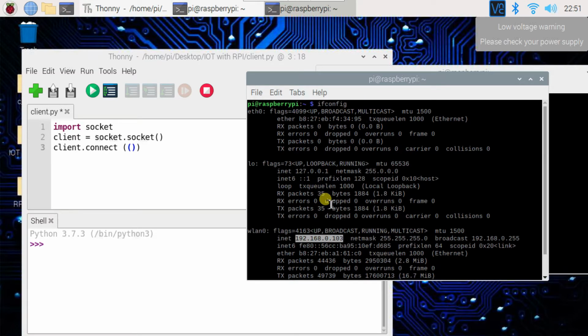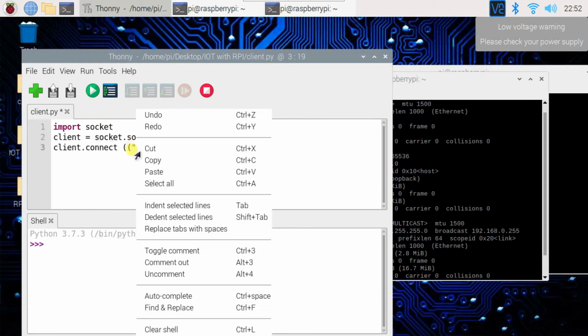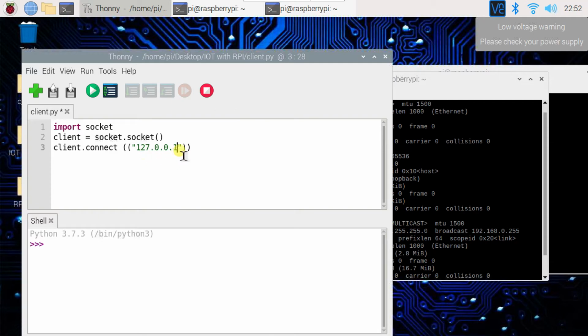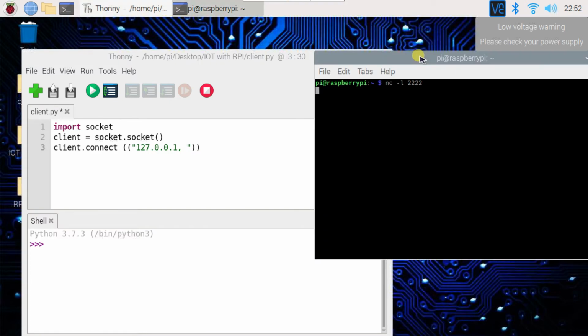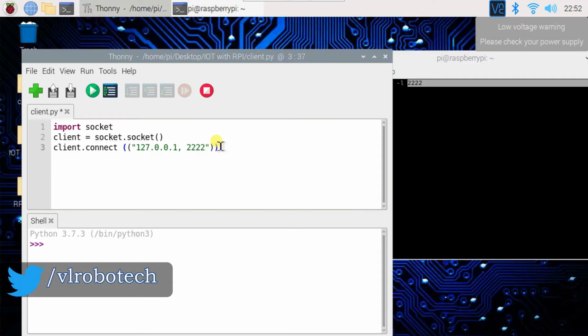So we will use this loopback address, right? It will not change anytime. So I will copy this and paste here, right? And now comma, and I have to pass here the port number. This is port number 2222. So I will type here 2222, correct.